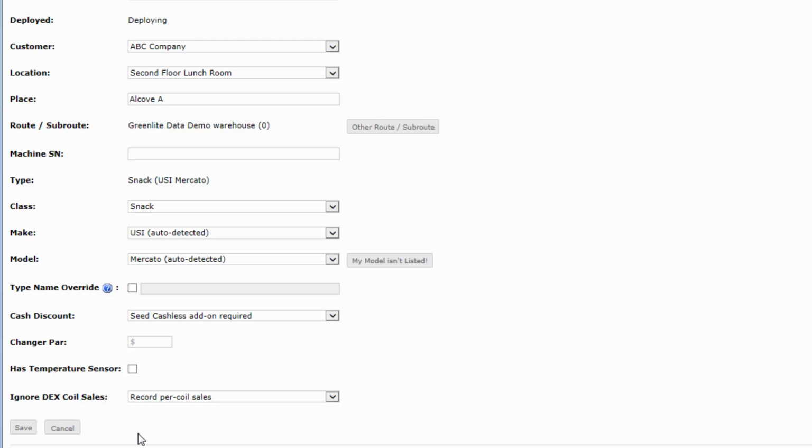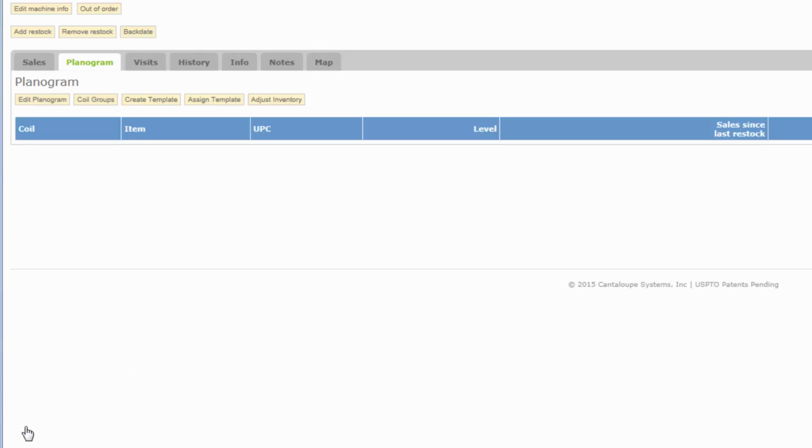When done editing these fields, be sure to click the Save button at the bottom left of the screen, or all the settings you've gone through will not be saved. The machine display will return to the Machine Details screen for the machine. Proceed to edit the asset record of the next machine on your installation worksheet.